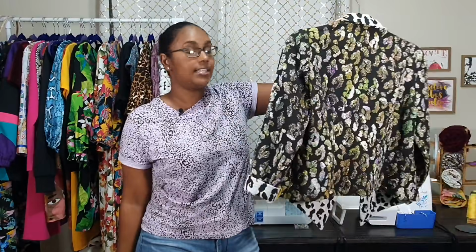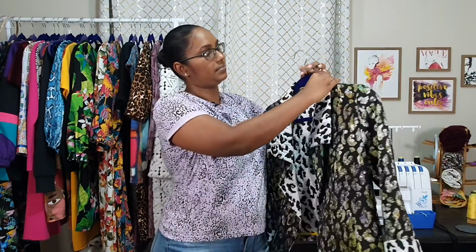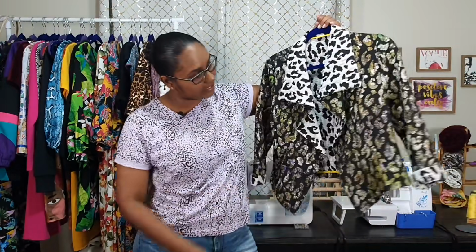I do need to do a detailed video on this jacket because I know you guys are going to want more details on this one. This is the back of the jacket. I'm just so in love with this. I did shorten it. If you can't tell, it looks a little bit different from most of the